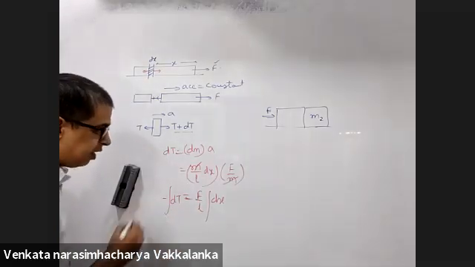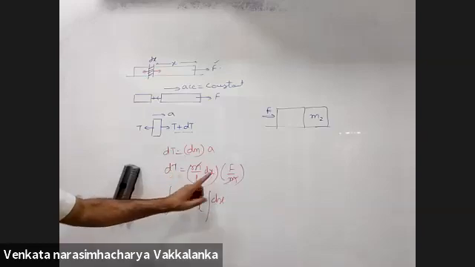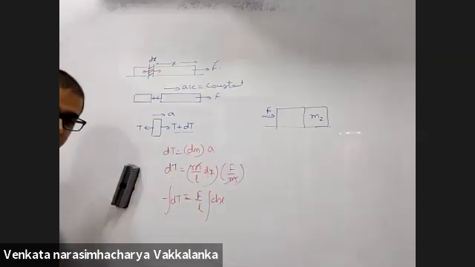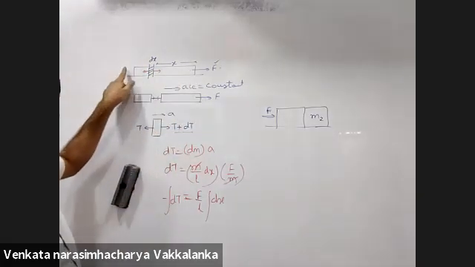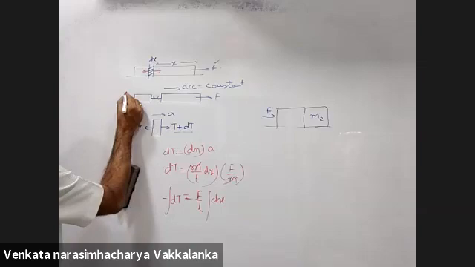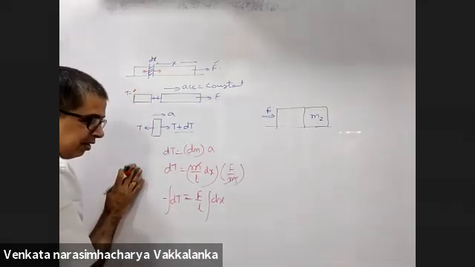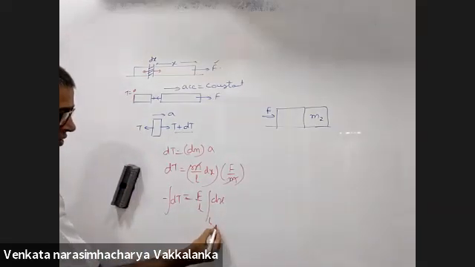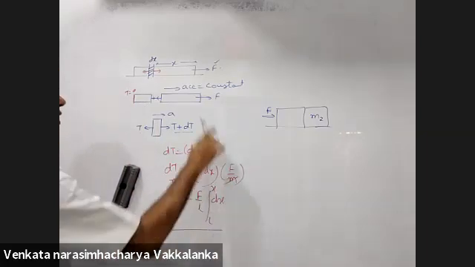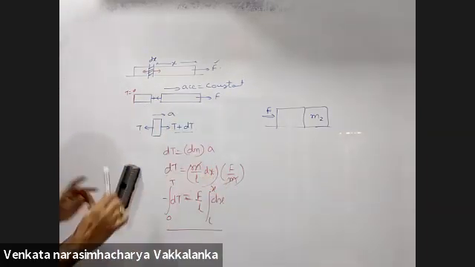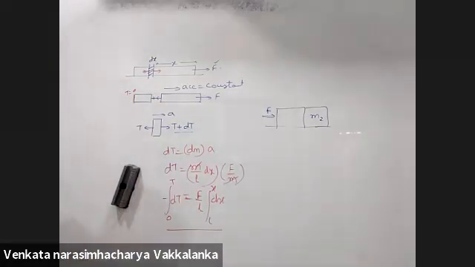Don't forget to put a negative sign here because dT by dx is negative. Tension is decreasing as x is increasing. As I go to the extreme right, tension will become zero because there is nothing to pull there. Hence, I should put a negative sign. At x equal to L, I take tension to be zero. At x equal to x, find the tension. This procedure and the earlier procedure both give the same answers. You have this in your notes.